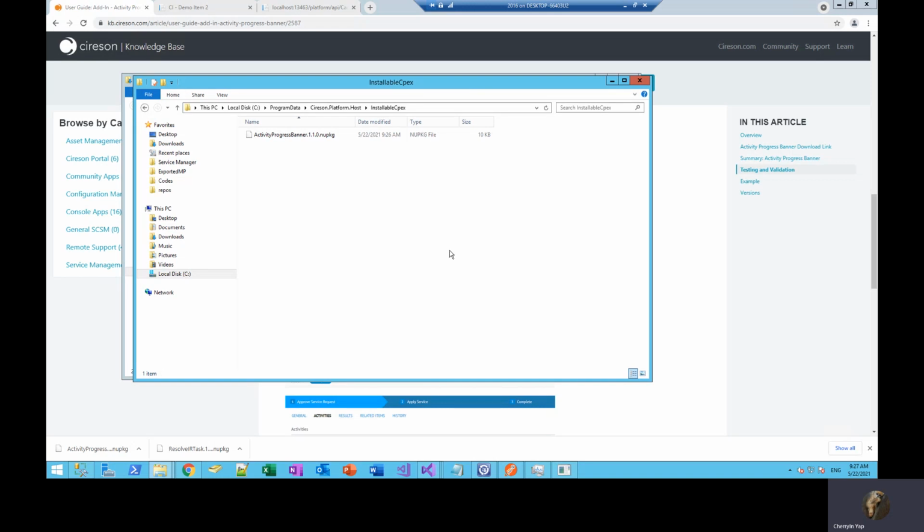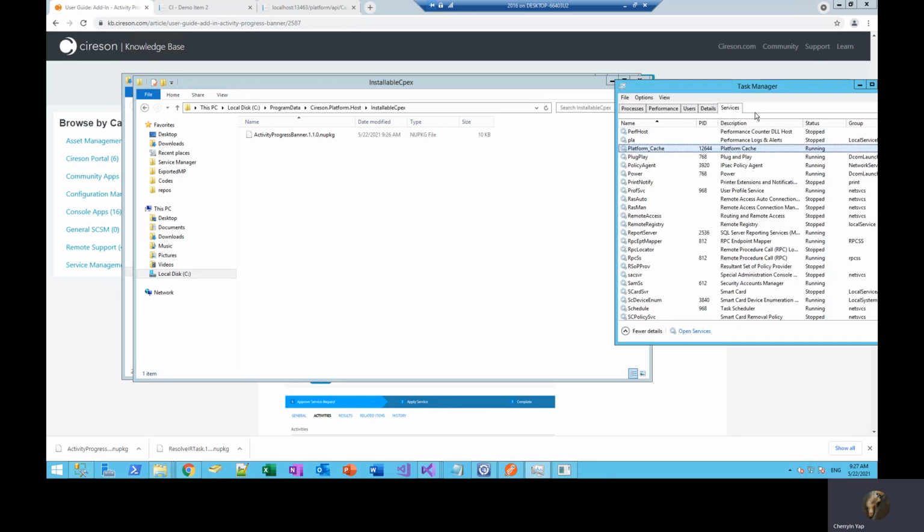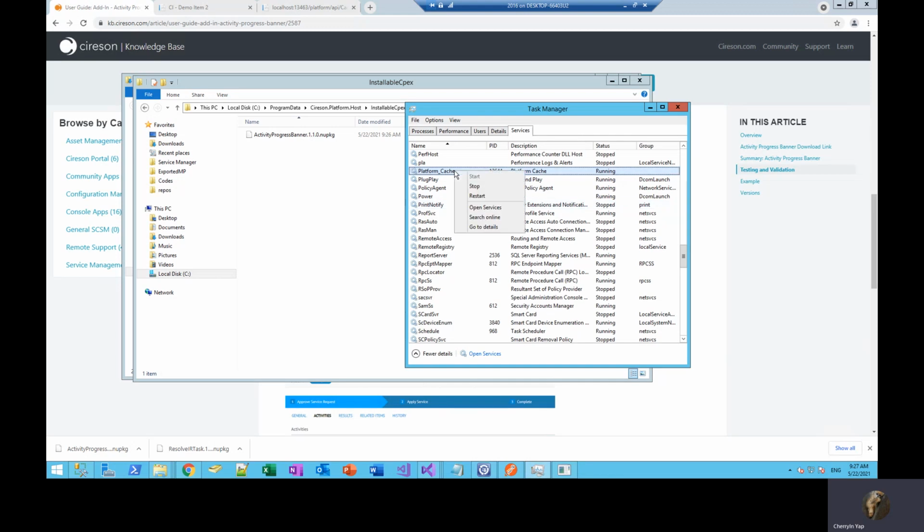Then we just let the platform cache pick it up on its next cycle of run. Instead of waiting, I'm going to go ahead and restart the service manually.